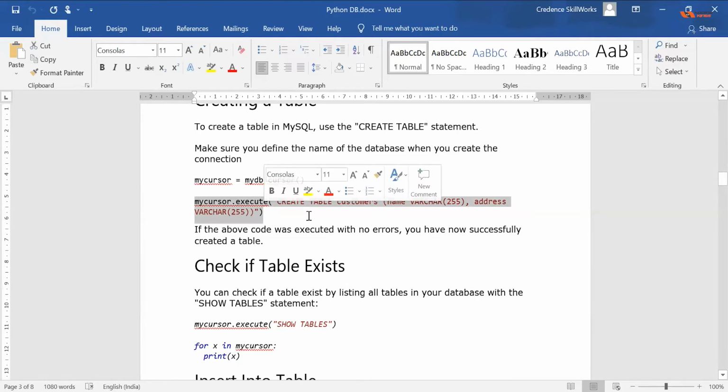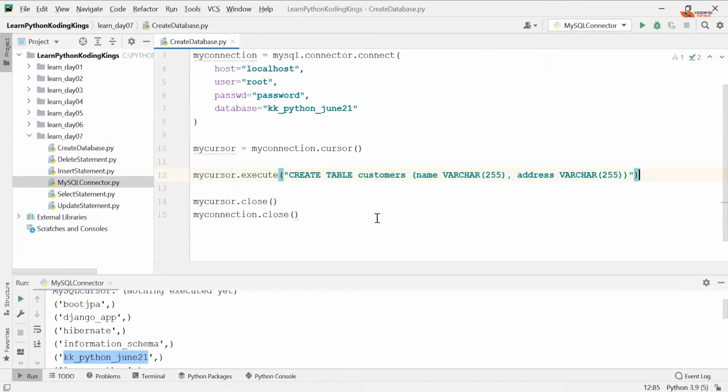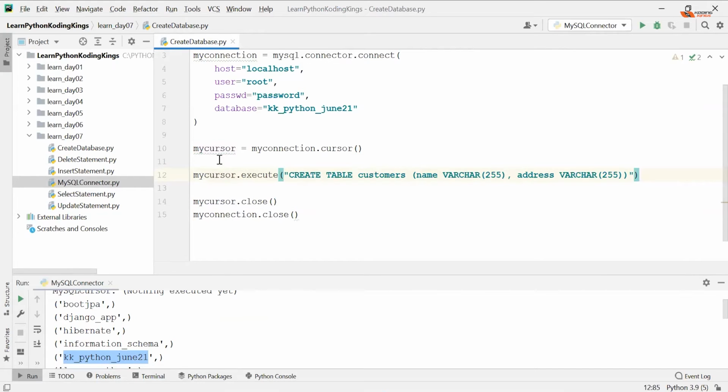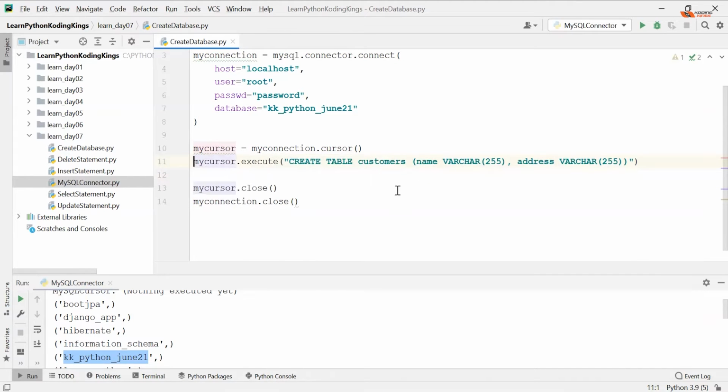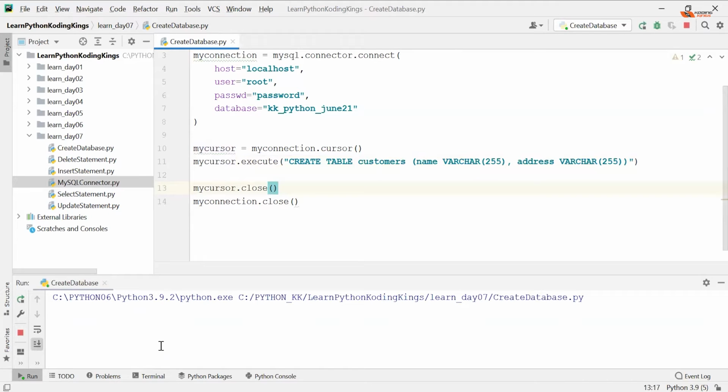There are two things in it. So that query I'm passing to cursor. Remember that cursor has only one main command, which is execute. Cursor has other commands, but the most important is execute. So cursor.execute, and you pass whatever you want to execute against the database. That's it. Whatever records you receive will be part of the results. Good with that. Now after this you can also get the list of this, but anyway I'm fine with that. So let's execute this particular code and create a table. Finish this. Whether this customer table is created or not, we will see now.